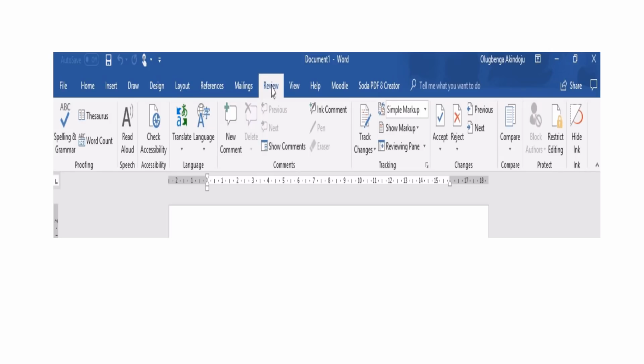If you look at the Review tab, we have the spelling and grammar check. We have the thesaurus features, the word counts feature. You also have the comments, as well as the markup features. All these features on the Review tab will help you in ensuring the quality of your research